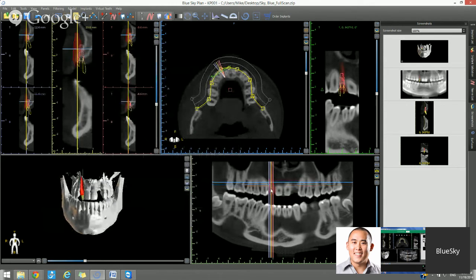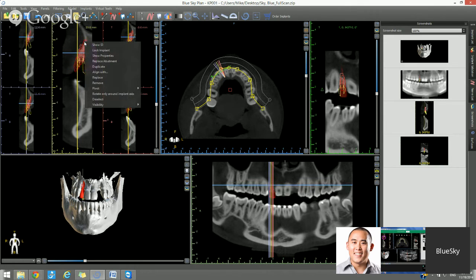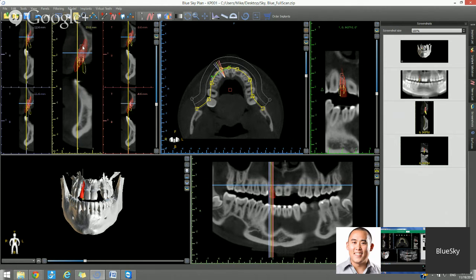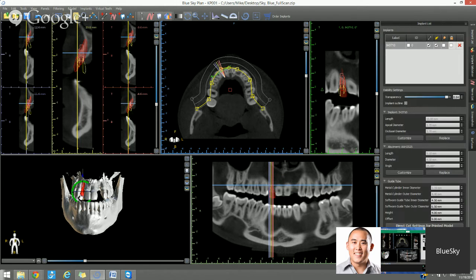Left click in any of the views, similar to an implant functionality, to drop the tooth in place, and you could manipulate it and rotate it very similar to the way that you'd manipulate and rotate an implant. So that's in terms of that. Now we also improved the functionality recently. If you double click on the virtual tooth, then it opens up the virtual tooth panel as well. And we could see in the 3D view